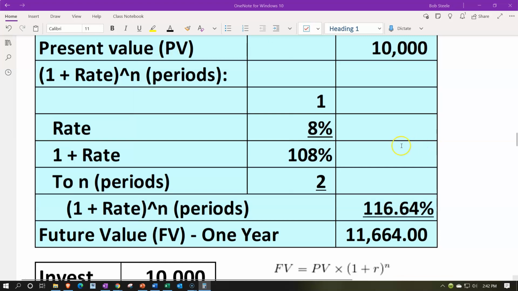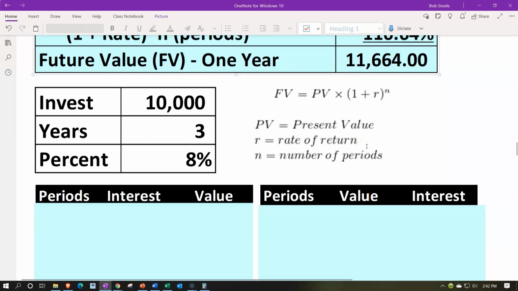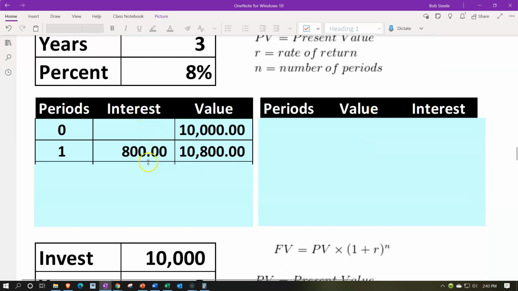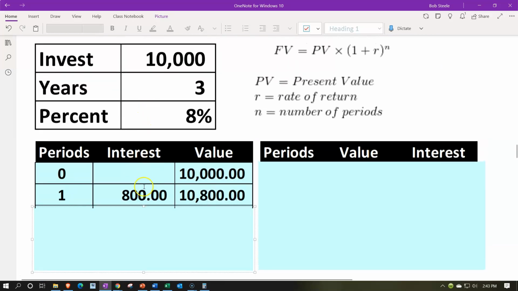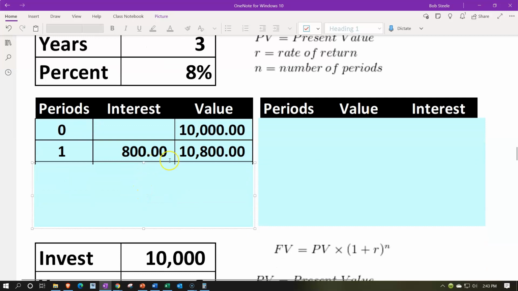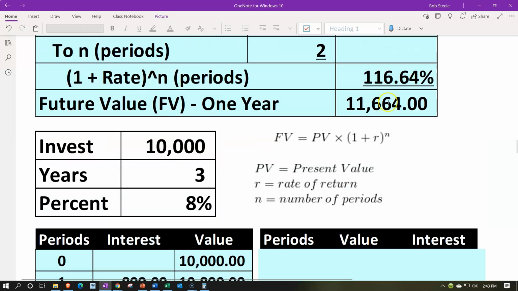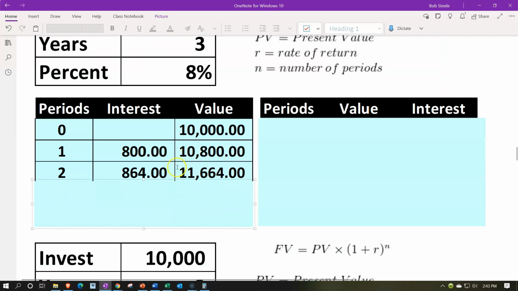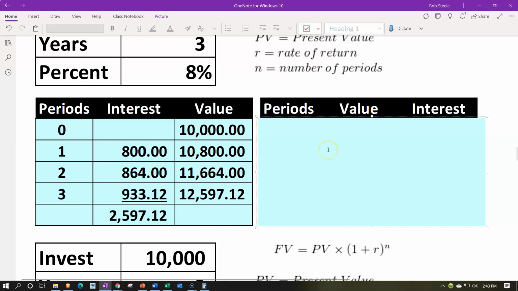So that would be after the 2 time periods, in this case, those time periods being years. Once again, if we did this in our little calculation here, we got the 10,000 plus 8% we saw before would be the 800. Now we're at the 10,800 after year 1. Now it's year 2. We have then that 10,800 times the 1.08. That gives us to our 11,664. That matches our 11,664 up here. So note, you can do this running table down here in Excel, which again, I think is useful to do. You can look at it in that format,